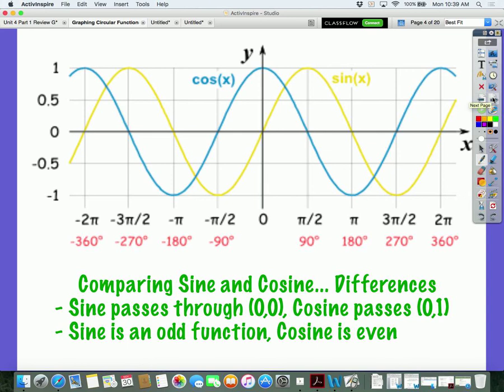Looking at some of the differences, not too many. Sine does pass through 0, 0. Cosine passes through 0, 1. And sine is an odd function, where cosine is an even function. Okay? If you guys forgot about even and odd, odd basically means if you take your function and you plug in -x into your function and you get the exact opposite, it's odd. Even, if you plug in a -x into your function and you get the exact same thing,